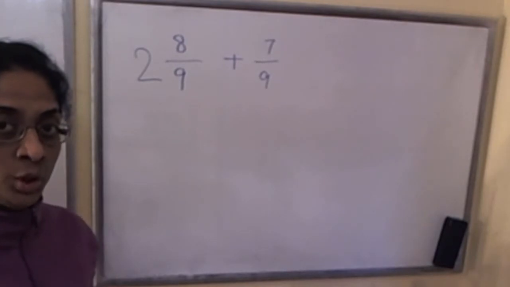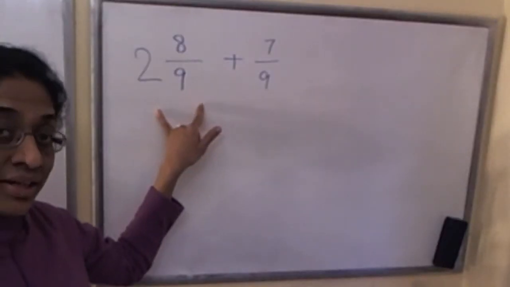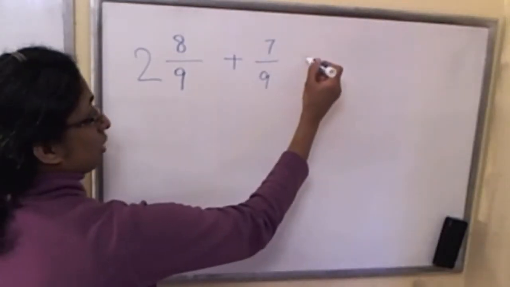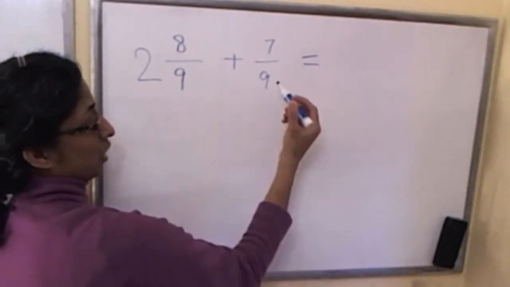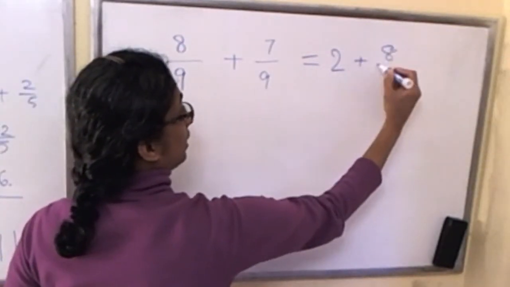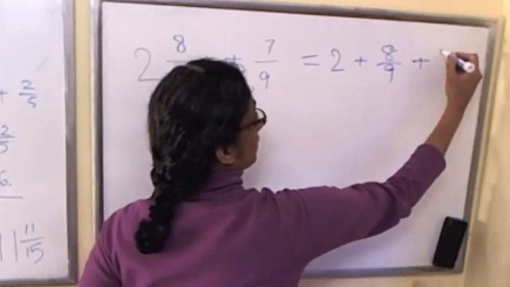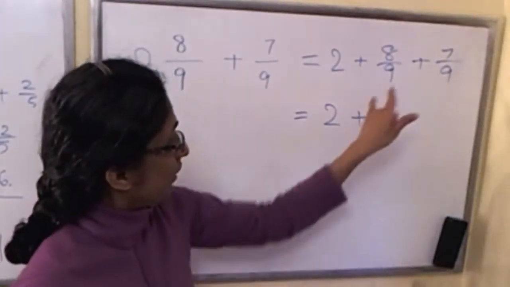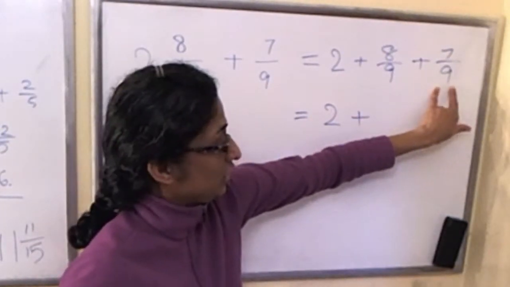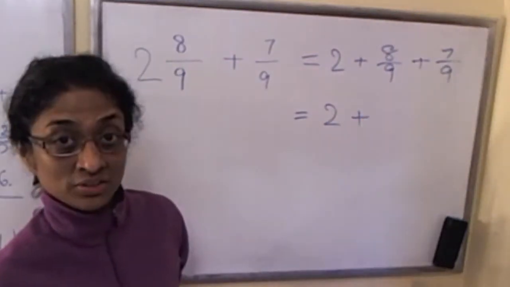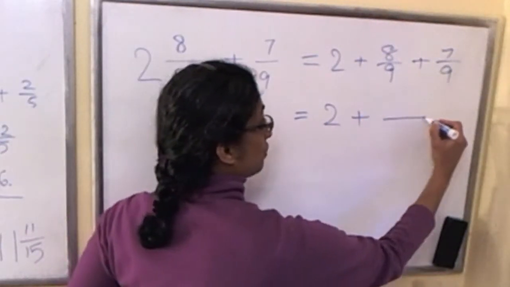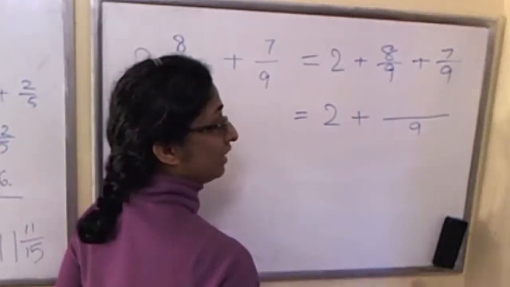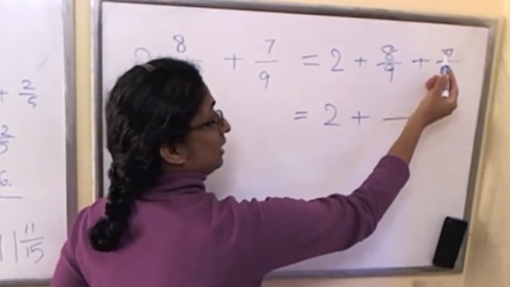Let's look at this example where we have to add the mixed number 2 and 8/9 to the proper fraction 7 over 9. As we commented before, this mixed number is simply a shorthand notation for 2 plus 8 over 9, and we need to add to it 7 over 9. And here we notice we have two fractions that we need to add, and both have the same denominator. That's very nice, since by the addition formula, the sum of these two fractions is another fraction with the same common denominator of 9, and the numerator is simply adding 8 and 7,